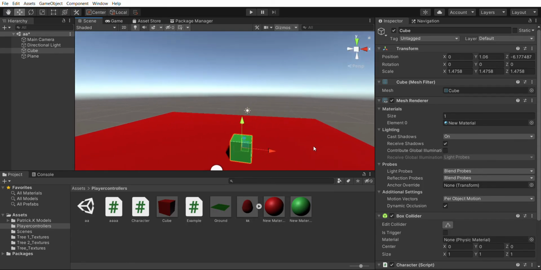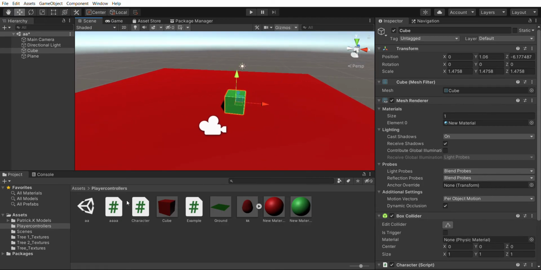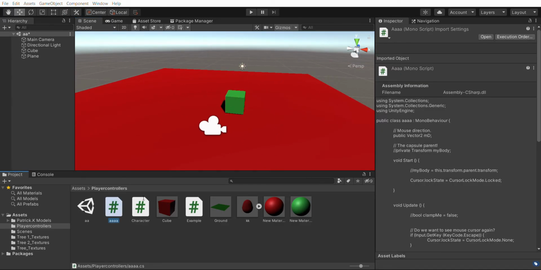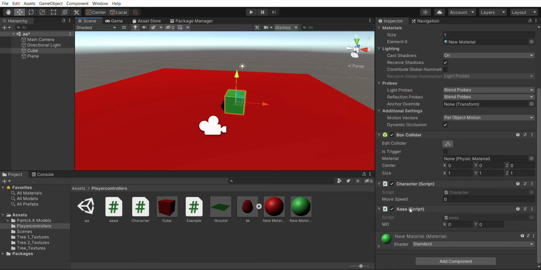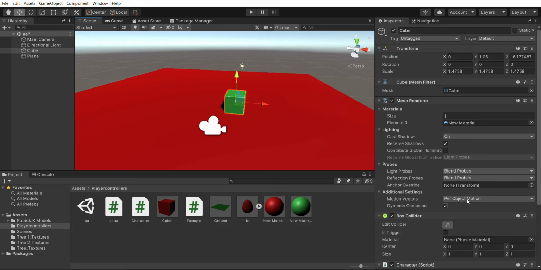Then what we will do is, wait, let me see what this script is. Yeah, okay, I understand. This is for the mouse thing. Yeah, here it is, it came.